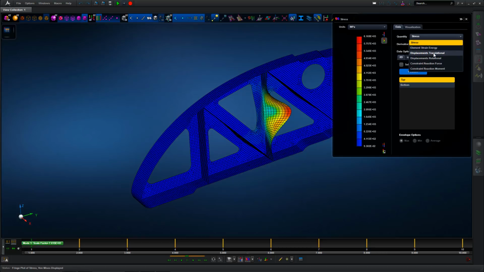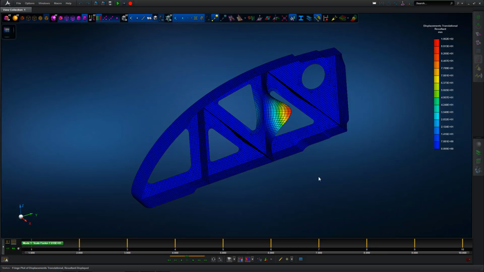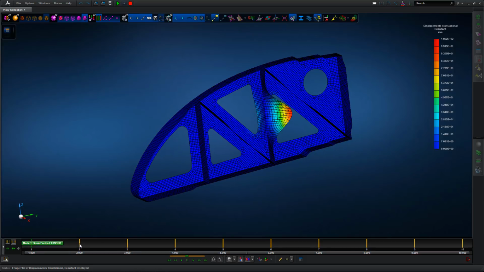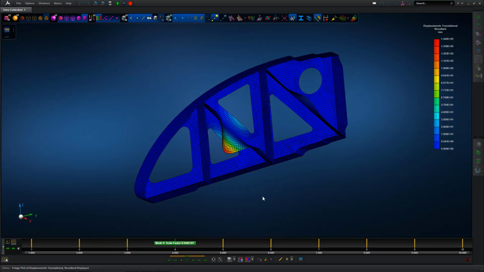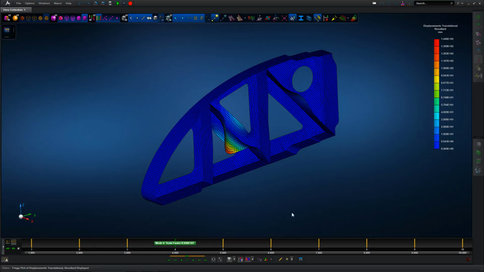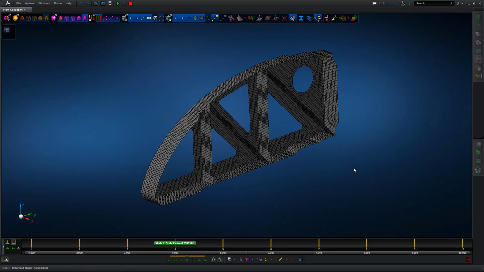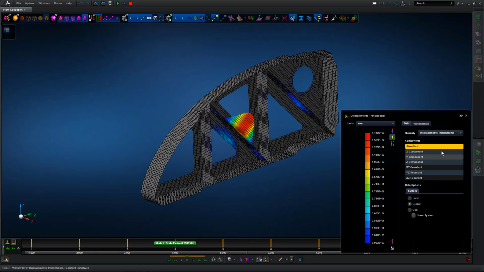Then we can look at things like the displacement, stress if necessary. Of course that doesn't make too much sense for an eigenvalue buckling analysis,